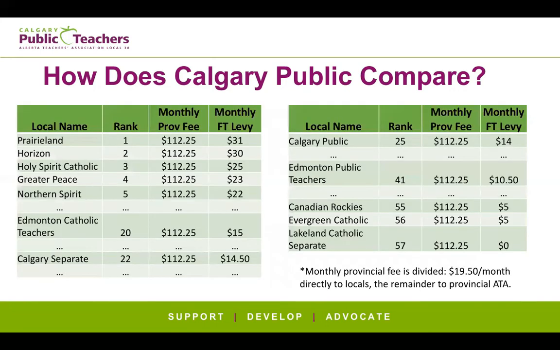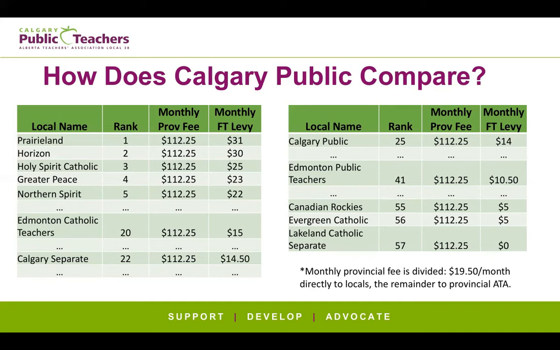So as you'll see in this chart, in terms of rank and where our comparators are, we're not in the top 5, certainly. Calgary Public is down at 25. Some of our big urban comparators like Edmonton Catholic and Calgary Separate are pretty close to where we are. Edmonton Catholic assesses a levy of $15 and Calgary Separate is $14.50. Edmonton Public has a levy of just $10.50, but some of the major differences in those other locals relates